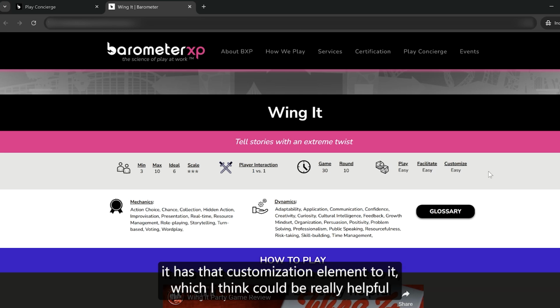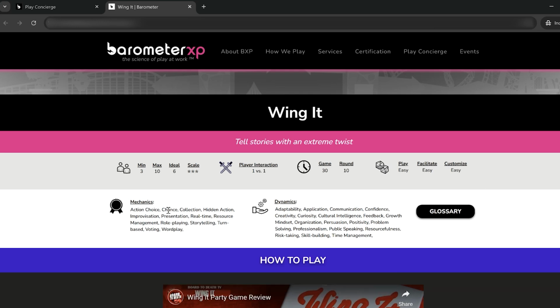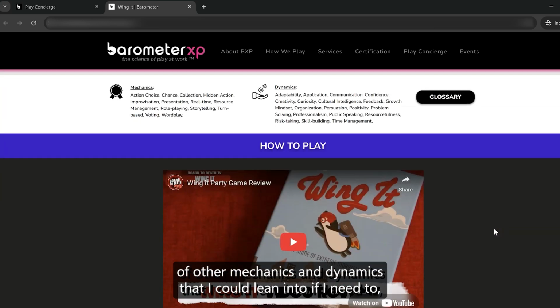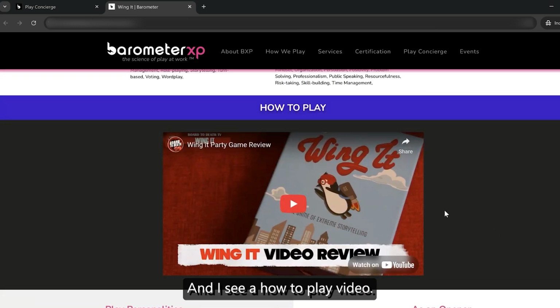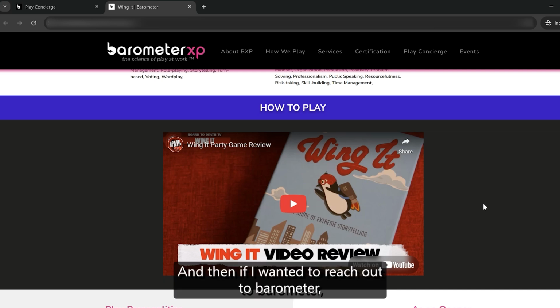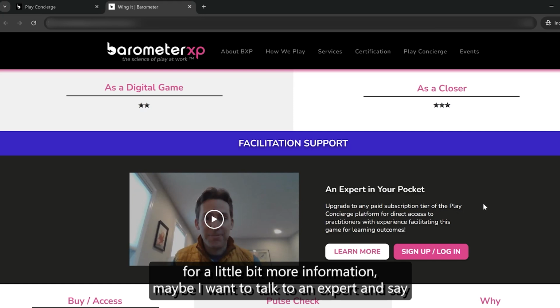It has that customization element to it, which I think could be really helpful as we're really specific in the things that we're trying to sell. I see that there are a lot of other mechanics and dynamics that I could lean into if I need to. And I see a how to play video. This can be a really helpful starting point for me to understand this game, see if it makes a good fit. And then if I wanted to reach out to Barometer for a little bit more information,